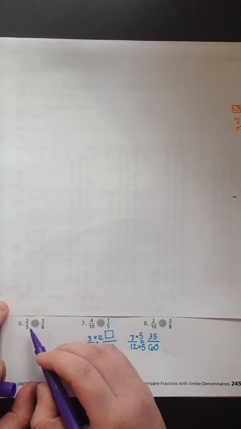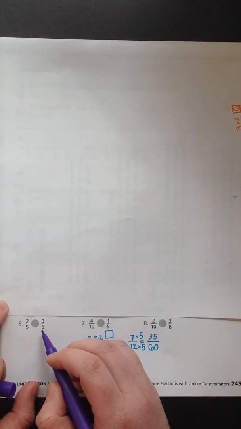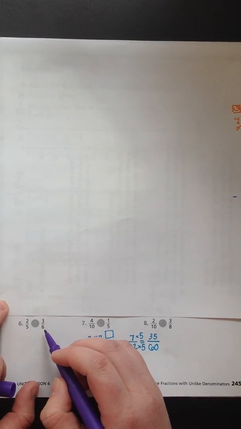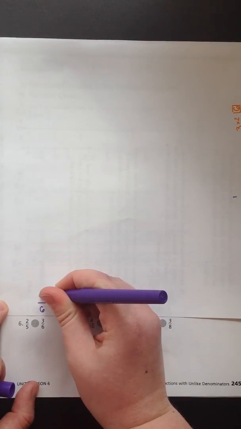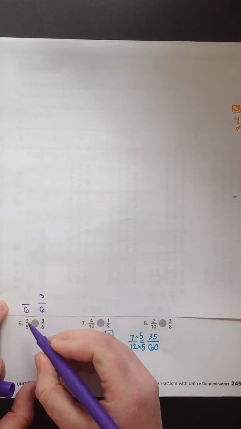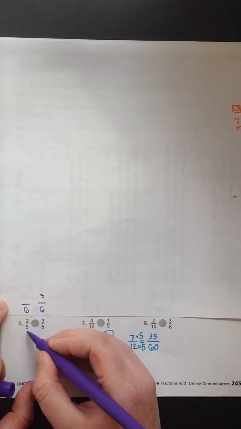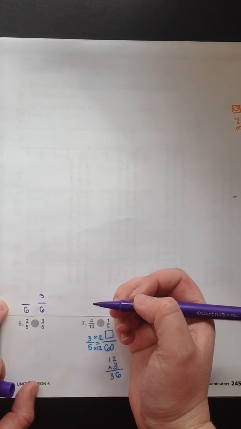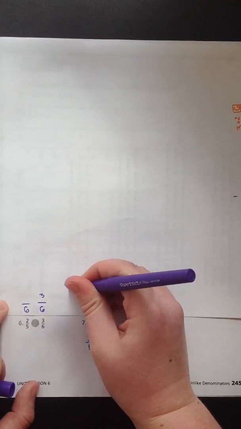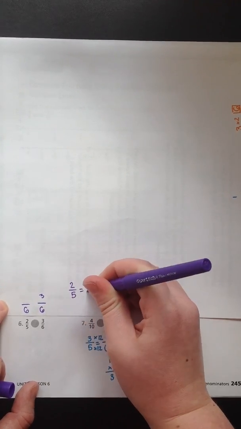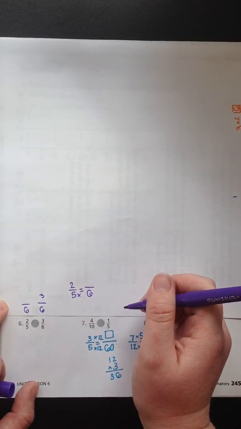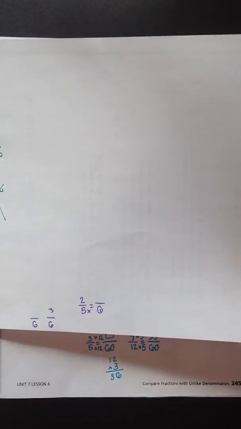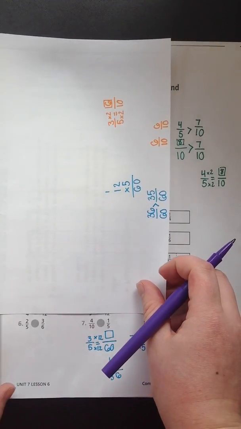All right, in a problem like this, we can't necessarily keep either of these denominators because if I tried to keep 6 and ask myself, what is 2/5 equal to, something over 6? It's not really going to work out for me because see, watch while I try it. I ask myself, what times 5 gives me 6? Nothing that I know off the top of my head. So what we're going to do instead